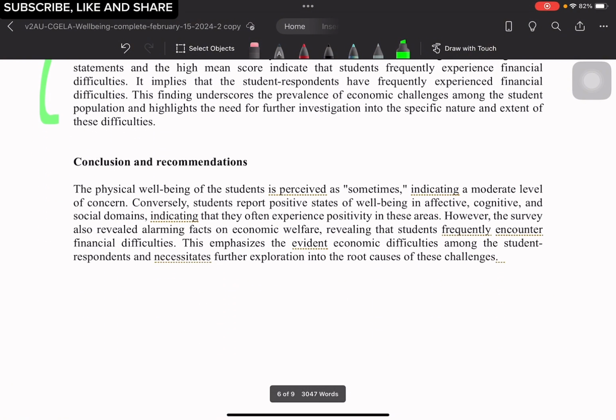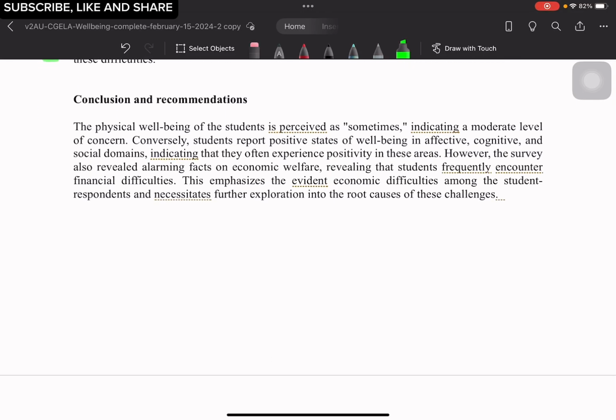The next part of the study is the presentation of the conclusion and recommendation of the study. So it is direct to the point. You present what you have concluded based on the findings of the study. The tip that I can advise to you is that when you start to formulate your conclusion, make sure that it is a statement. That is why it's called a conclusion, a statement based on the findings of your study.